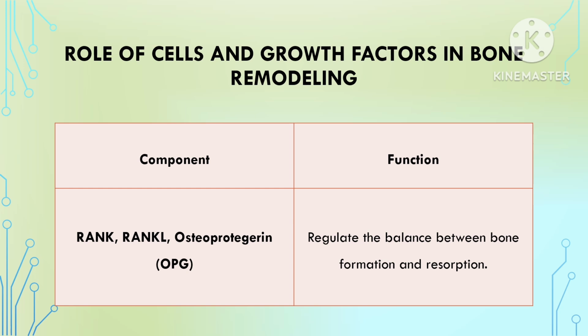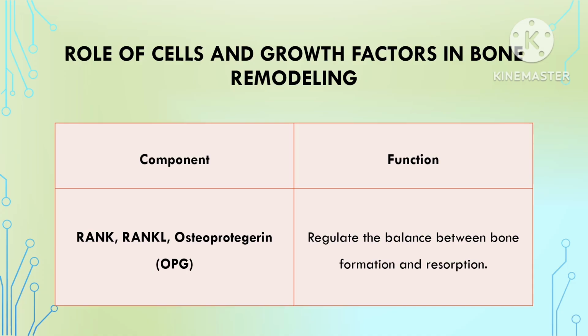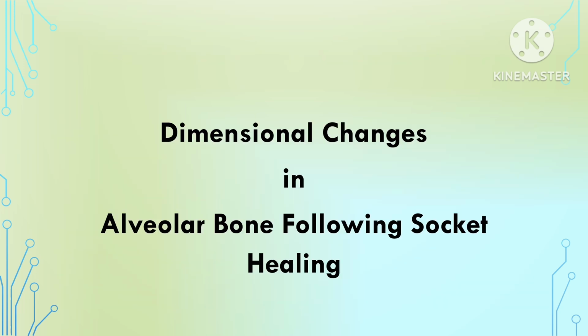Finally, to maintain a balance between bone formation and resorption, the RANK, RANKL and OPG, that is the osteoprotegerin system, comes into play. RANK and RANK ligand promote the bone breakdown, while osteoprotegerin acts as a protective factor, preventing excessive bone loss. Together, these growth factors ensure that the bone heals efficiently, becomes stronger, and adapts to the functional demand over a period of time. Let's discuss the changes in the alveolar socket